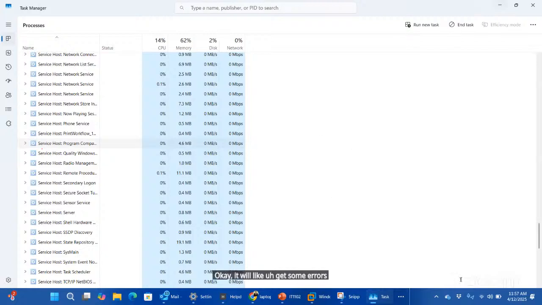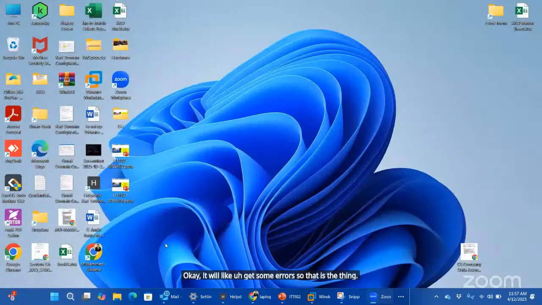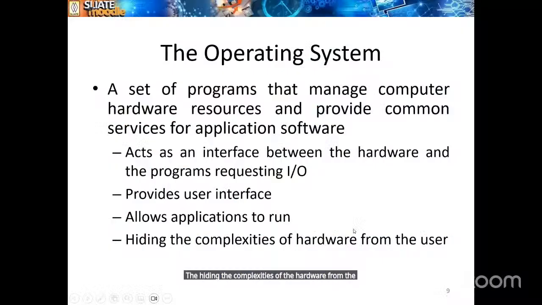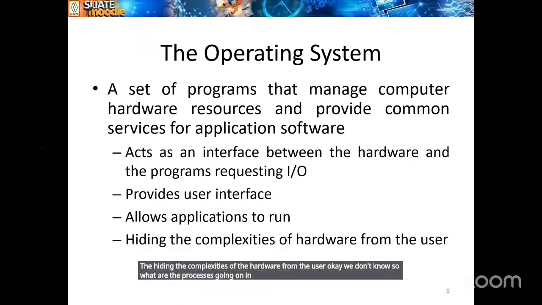That is the thing: hiding the complexities of the hardware from the user. We don't know what processes are going on in the background, but we can see what tasks are running. As we already saw, there are 95 tasks going on in the background.